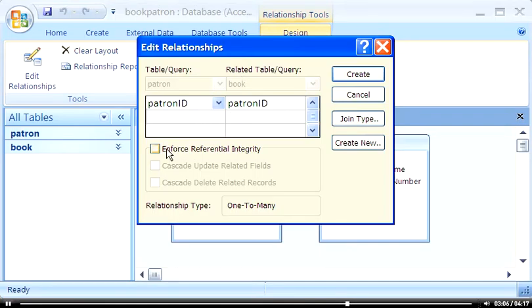I remind you to check Enforce Referential Integrity. It's very important to do this. By checking referential integrity, Access will make sure that you cannot lend a book to a patron who is not in your patron record, in your patron table. And Access knows this is a one-to-many relationship. So,